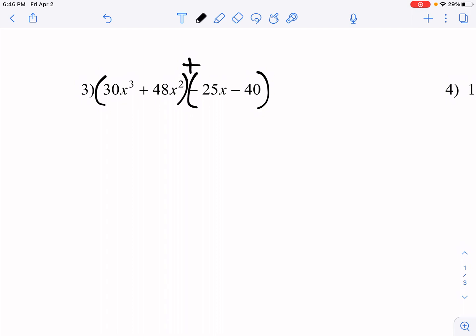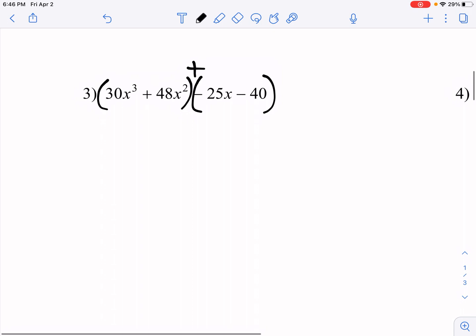What is the greatest common factor or the greatest thing that I can possibly take out of 30 and 48? Okay, well, in my mind, I'm thinking 6. Okay, so let's try 6, and then if it's not the greatest common factor, we can always go back and try to factor something else out. Okay, so if I take out a 6, do they also have an x in common? Yeah, they have x cubed and x squared. Well, we want the one with the lowest exponent, so x squared,